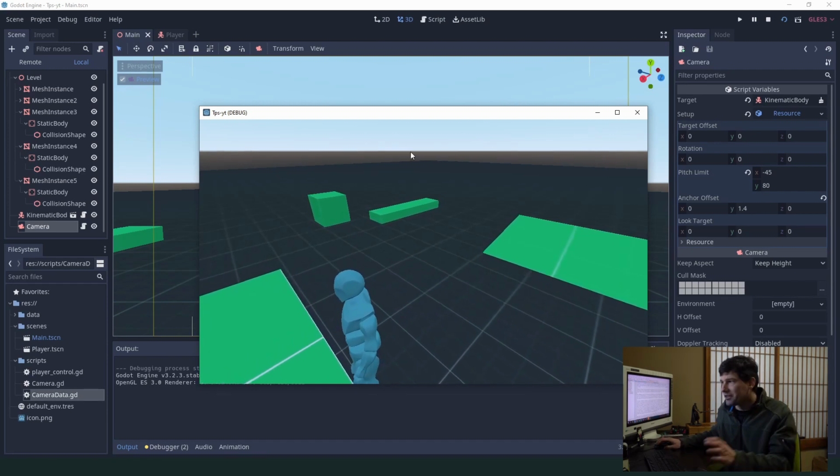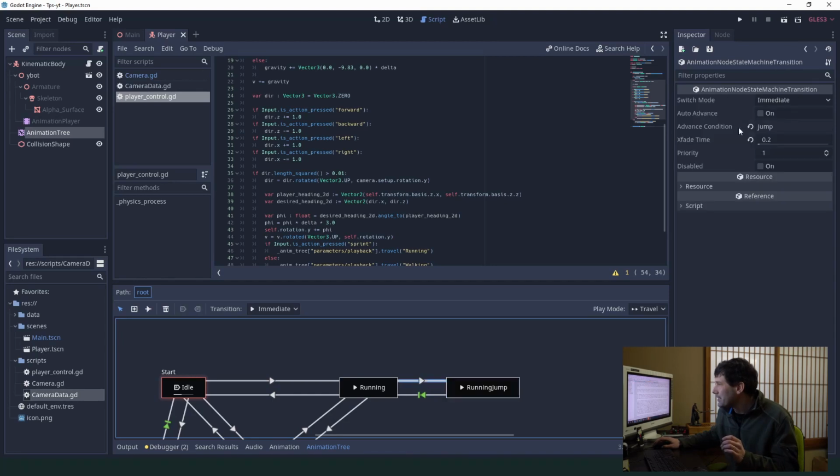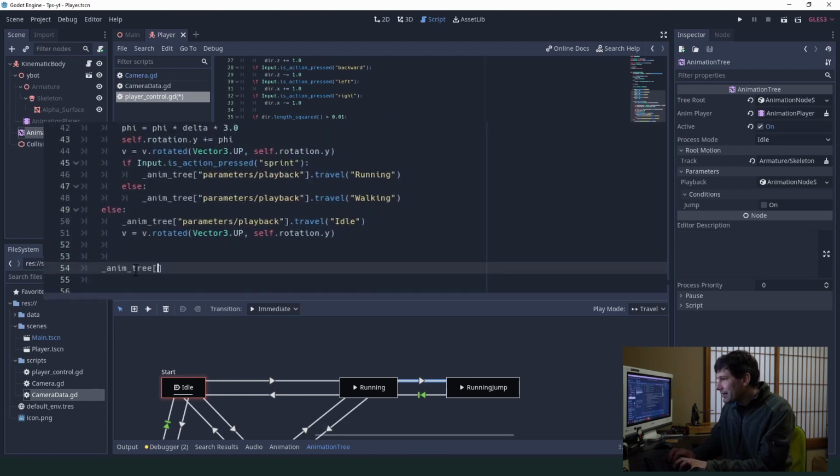Now, we still haven't added jumping, but that's something that's going to be very easy because of the way we set up our animation tree. If you remember, we created this variable in the transition, in the advanced condition, called jump. And because we've already set all the transitions in the animation tree, and we've already told the game what is allowed and what isn't allowed, all we have to do really is, in the anim tree, set the parameters slash, what was the name? Condition slash jump